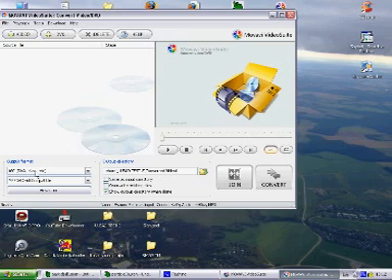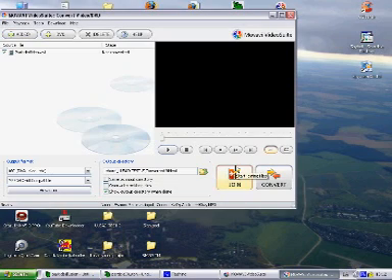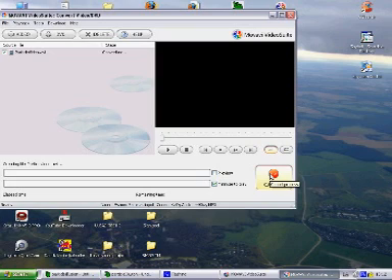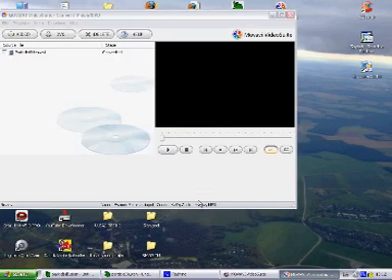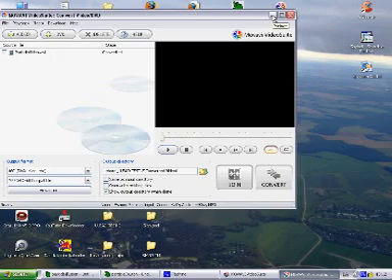Output AVI, DivX video, and I'll just put in the particle video, and open, and it's converting. Shouldn't take that long. It ain't big. There you go. See, now I have it here. It still shows the same as AVI as it did before, but hey, don't ask me why.